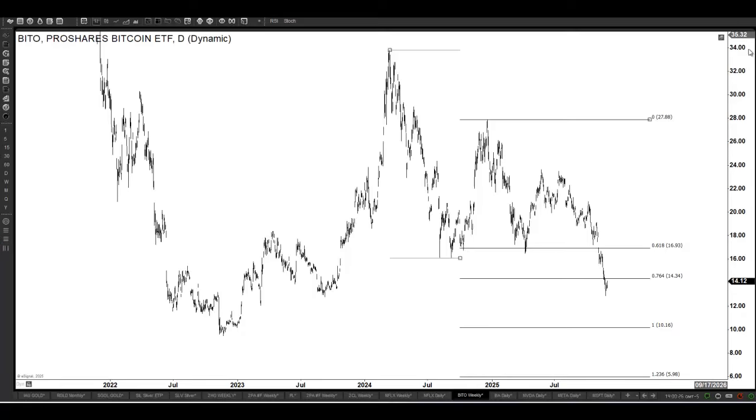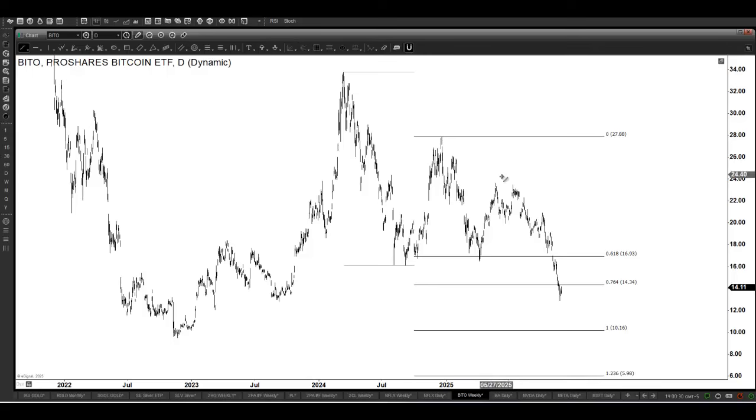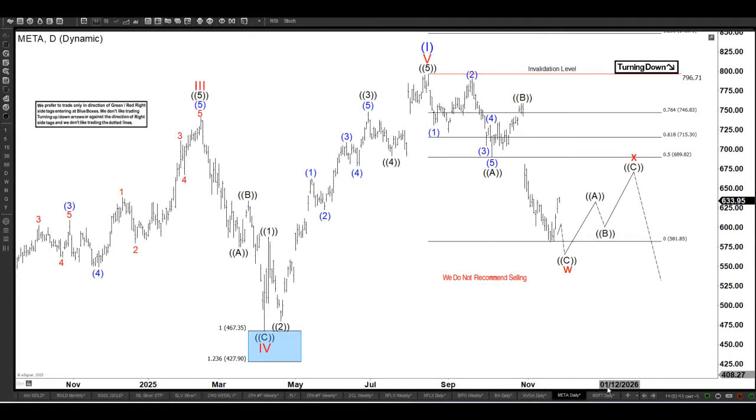And it still needs, in my view, a bounce and another leg. If this happens, then Meta is going to do this, Microsoft does this,